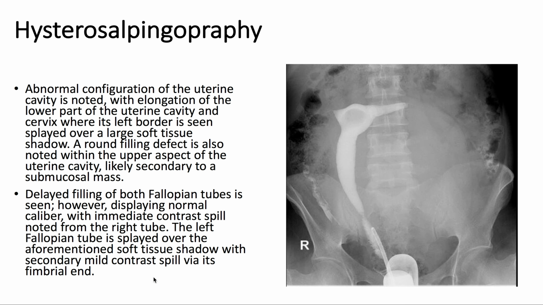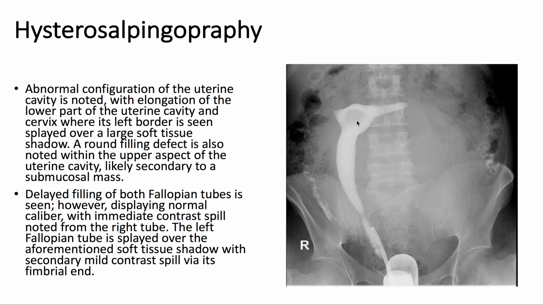Here on hysterosalpingography, we see an abnormal configuration of the uterine cavity with elongation of the lower part as well as the cervix, where its left border is seen splayed over a large soft tissue shadow. We also can appreciate a round filling defect noted in the upper aspect of the uterine cavity, likely secondary to